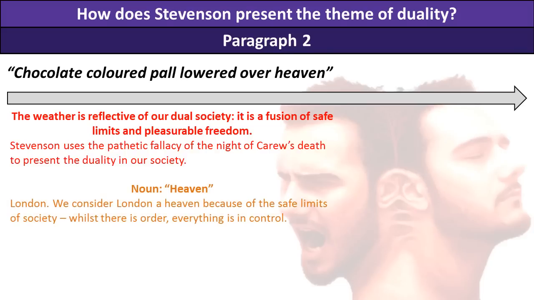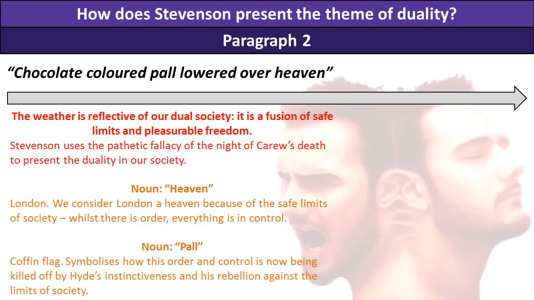We've got the noun heaven here, which refers to London. We consider London a heaven because of the safe limits of our society. Whilst there is order, everything is in control. Then we've also got power, which is the flag which is placed over a coffin. Now this symbolises how this order and control is now being killed off by Hyde's instinctiveness and his rebellion against